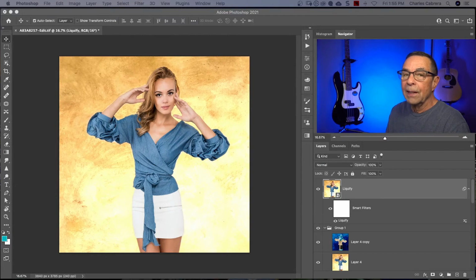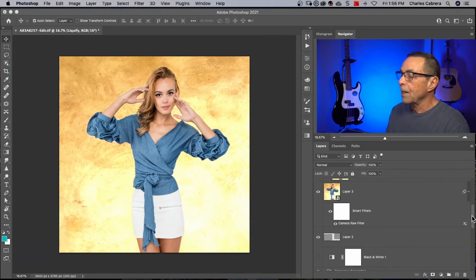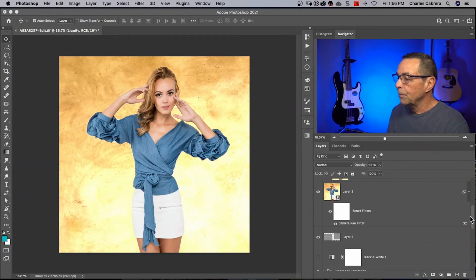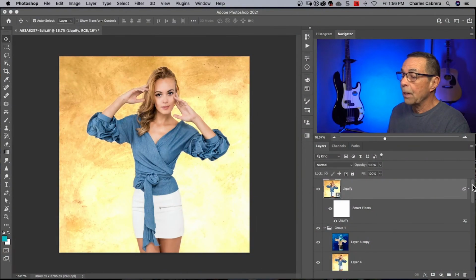So tip 5 has something to do with where do you actually do your liquefy? What stage in your retouching? Here you see I did it at the end, and I'll explain why. So this image has got a lot of layers down here, retouching layers, some frequency separation, some changes in color. If I would have done the liquefy right up front, I would have had to go all the way down to try and change that.